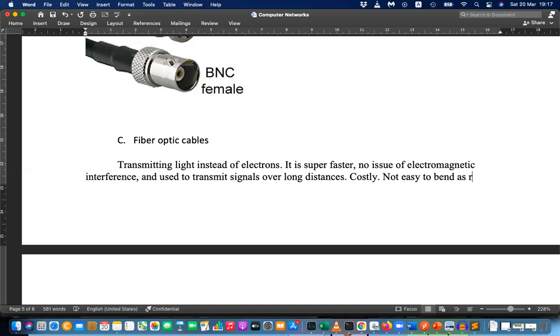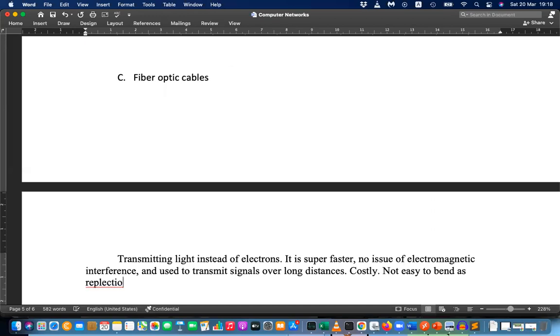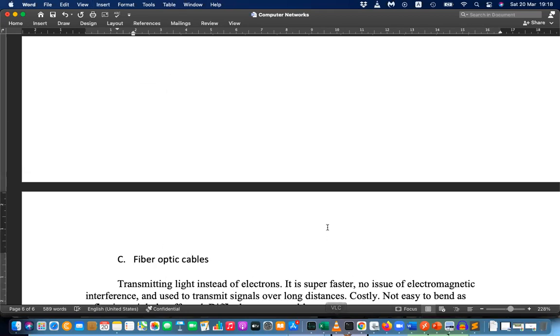As reflection might be affected. Difficult to merge cables. So these are the issues, but fiber optic is the ideal solution for a fast or